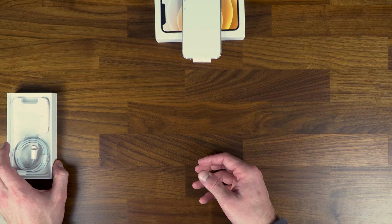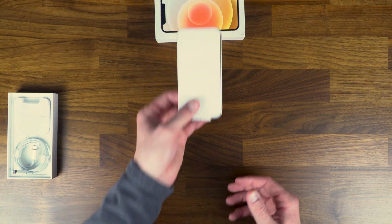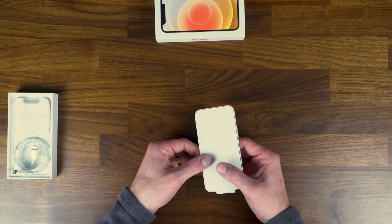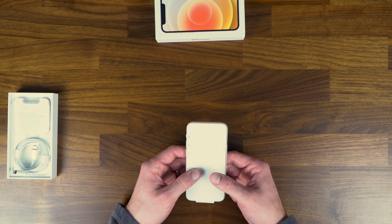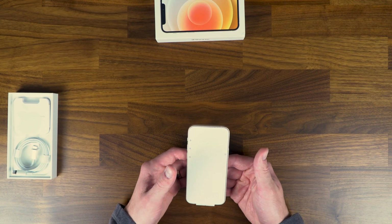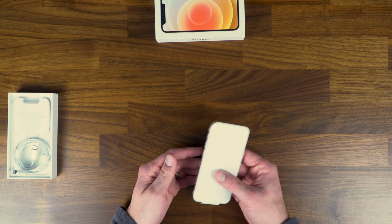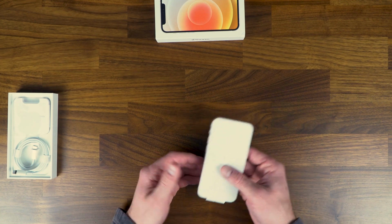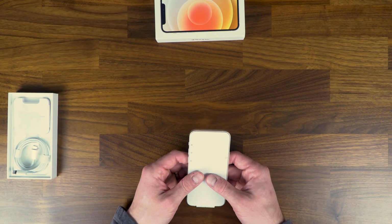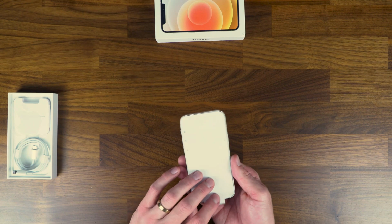So one thing I will mention though is increasing phone size seems to be kind of a fad. Honestly, probably having this smaller screen size at the $700 price point isn't going to be incredibly detrimental compared to the iPhone 12, which has a much larger screen size that's still not at that $1,000 price point of the Pro model. So let's